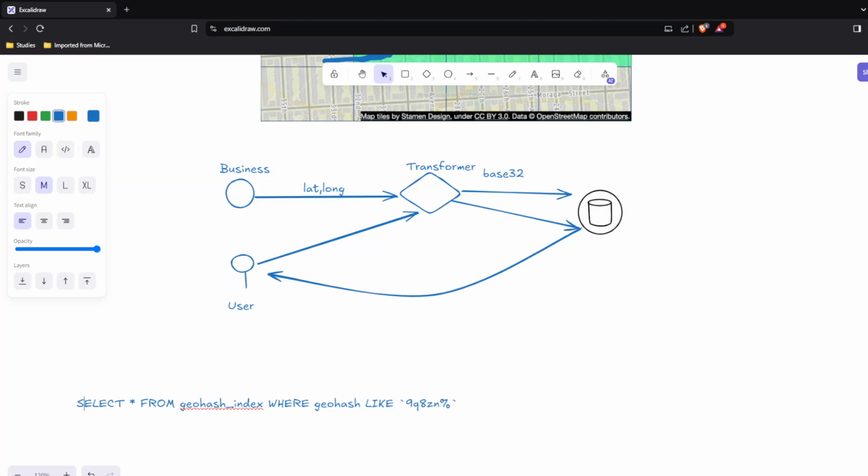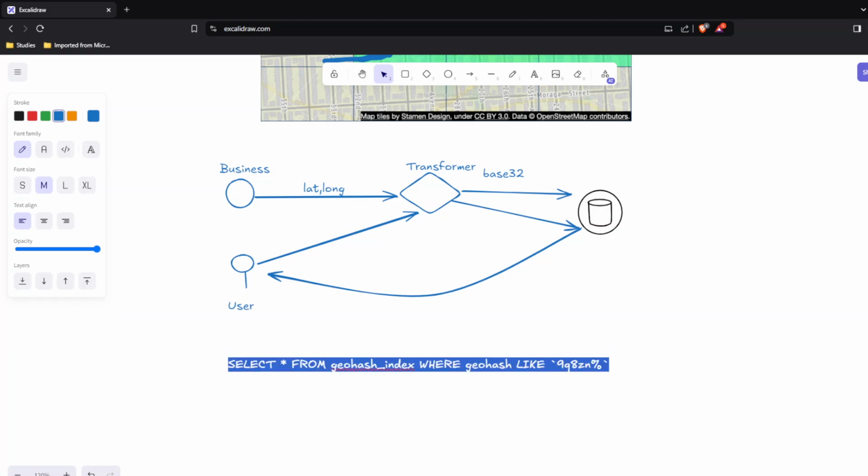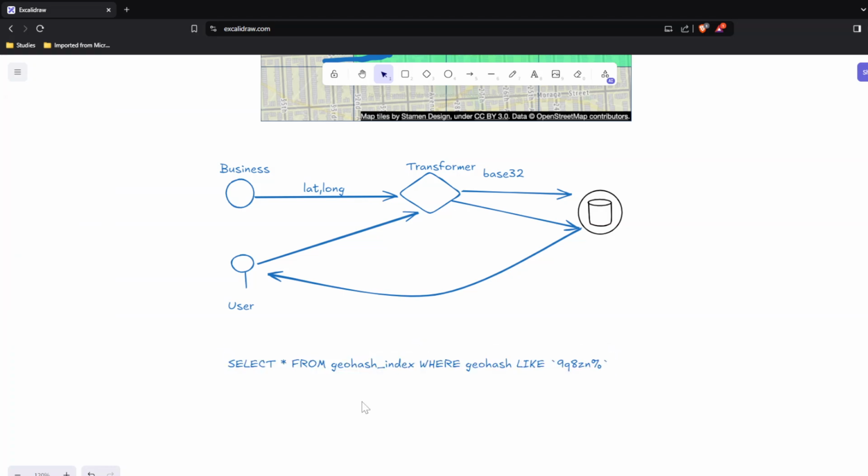Select, I will use my RDBMS, and I will just do a select star from geohash index where geohash is like this. Now, exactly for geohash, Redis has a very brilliant solution, which is called Redis geohash. We will also see how this data is actually used, instead of just blindly